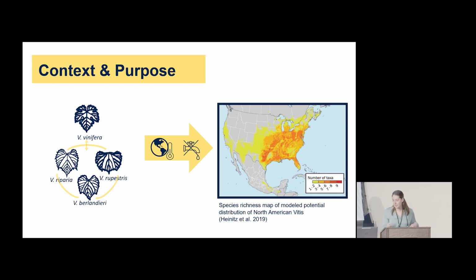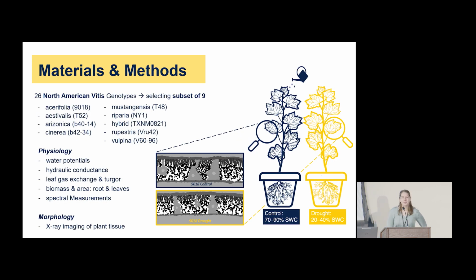better under drought conditions. The way we've done this: we actually had 26 North American genotypes, but I'm only looking at 9 in my study, because we have not only physiological measurements but also morphological ones, which is very exciting because that hasn't happened a lot yet. We have X-ray images of plant tissue of 9 species, which I have listed up there, and we have 2 treatments. One is a control, which is well-watered, and then the other one is a drought experiment,